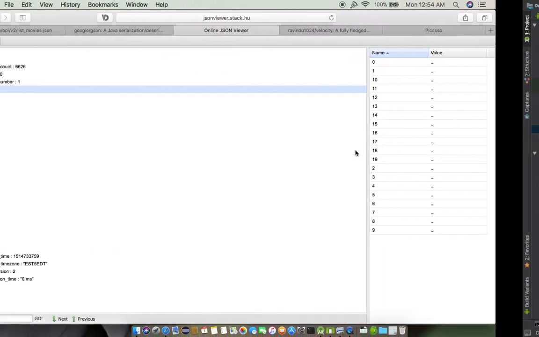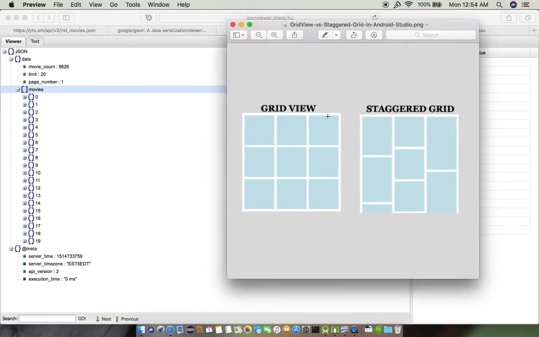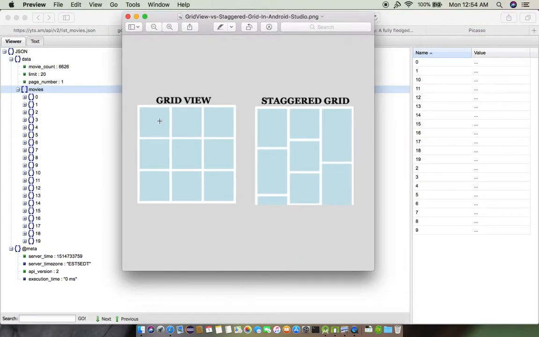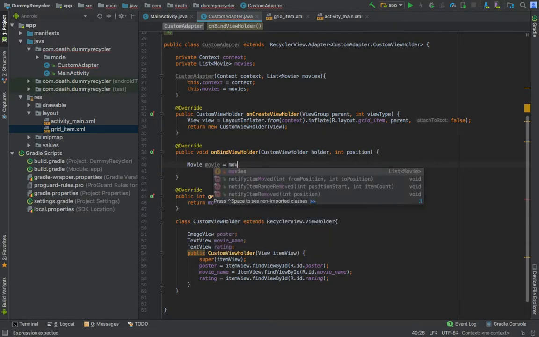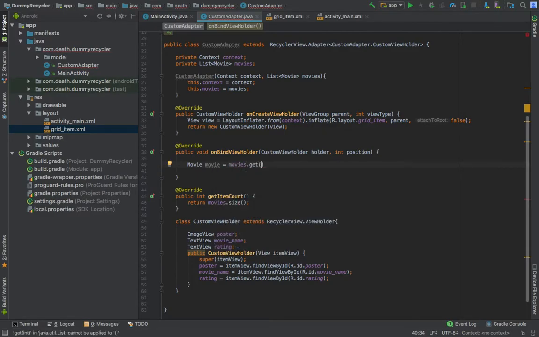If in our recycler view or grid view we have, say, 3 items, at the third position we need the third movie, at the sixth position we need the sixth movie, at the eighth position we need the eighth movie. So this position signifies the position of the tile or item in the recycler view. So movies.get(position),